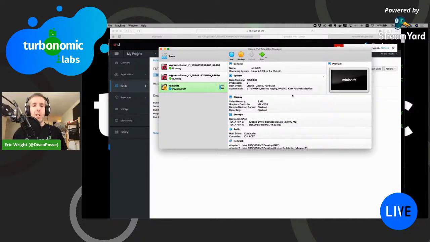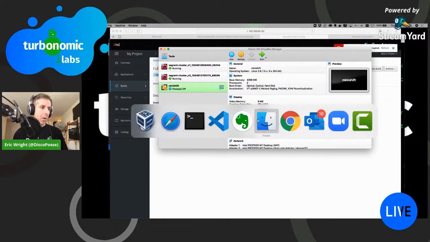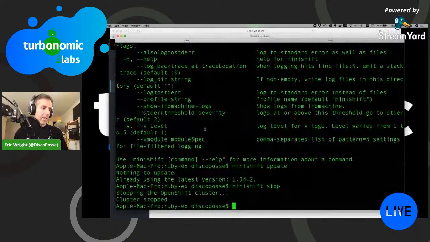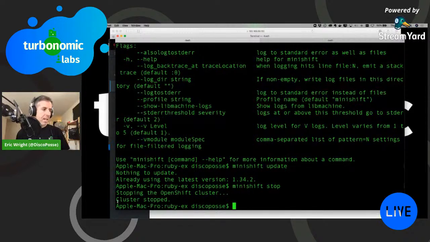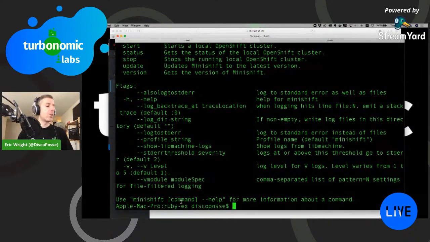Oh, there we go. So my Minishift VM is powered off. I go to my command line, cluster stopped. I hate to do these almost classroom style because sometimes it feels too easy, but it's just helpful to know that in the course of a very short time,